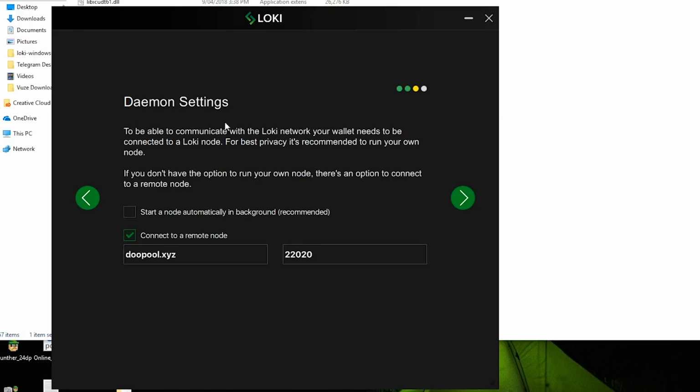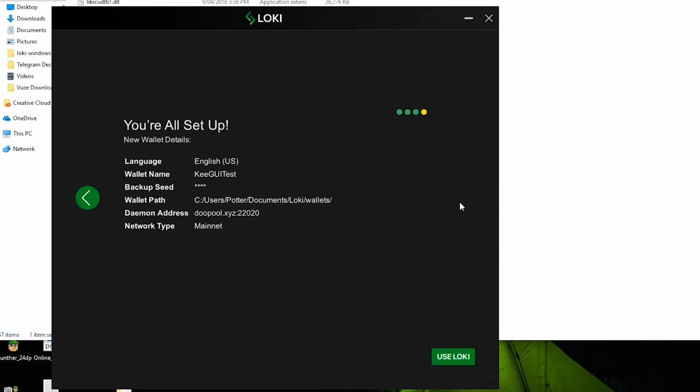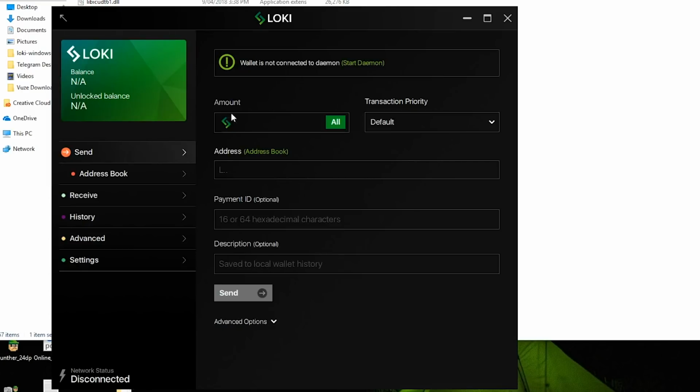And then it's asking me, do I want to connect to a remote node? For this purpose, I'm going to connect to a remote node, but I'm just showing you how you would create one in the GUI and then grab it. So the wallet's now created already. I don't actually need to scan through all of these blocks, so I'm just going to exit the GUI, and